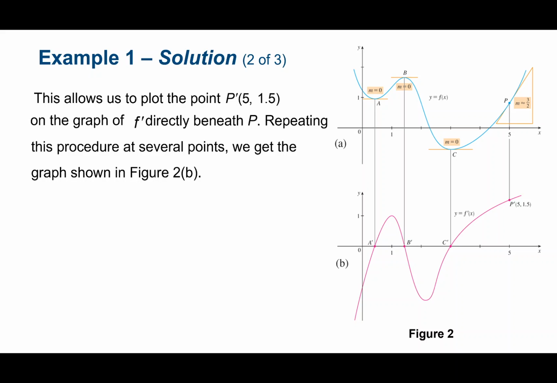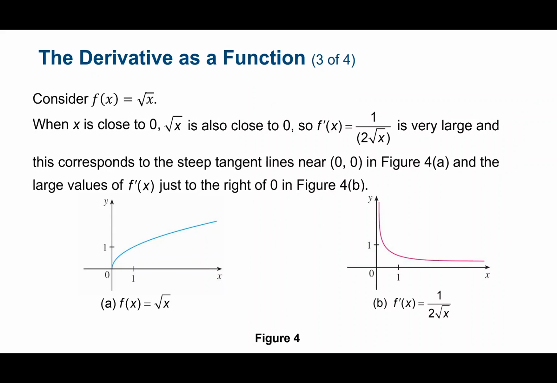Can be a little tricky to wrap your head around. Let's look at thinking our way through another one here. Thinking about this function. Okay, so let's think about square root of x as our function. Right now the only way we have is to take the definition of a derivative. We'd have to find the limit, that difference quotient thing, to get our derivative, but just go with it for right now. Okay, here's our derivative. So if the function is square root of x, our derivative would be 1 over 2 square root of x.